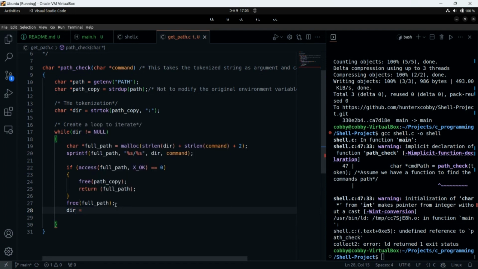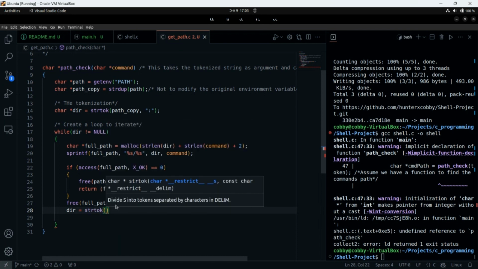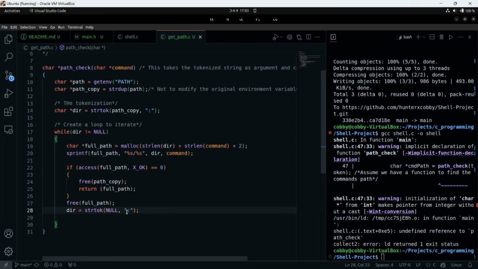So what was it? Was it string token path copy, right? But the last one is always what? And then we set the delimiter for it, which is what? Our delimiter is the colon. Great. So we have something like this. Good.